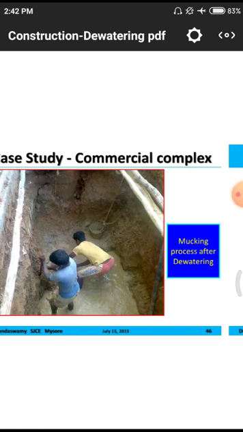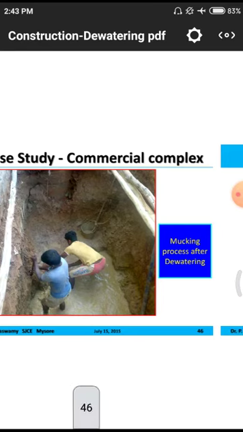It means simply the mucking process. What is a mucking process? It means the top layer of the particular marshy land has to be removed, and they have to do some ground improvement. Why? Because we are placing a huge quantity of concrete for the purpose of the isolated footing, so the soil should have better properties. The soil should not have water, so they are going for a mucking process after dewatering.